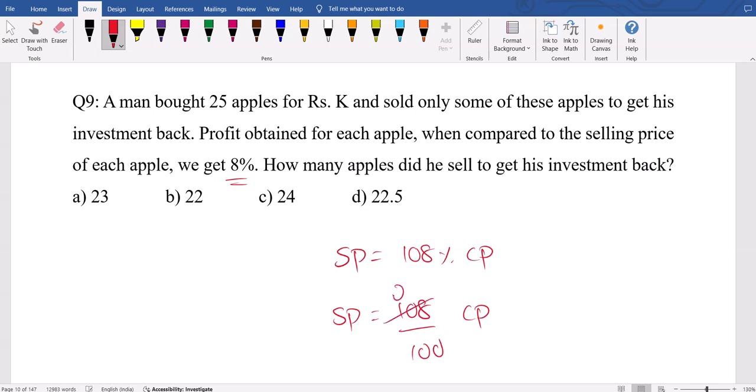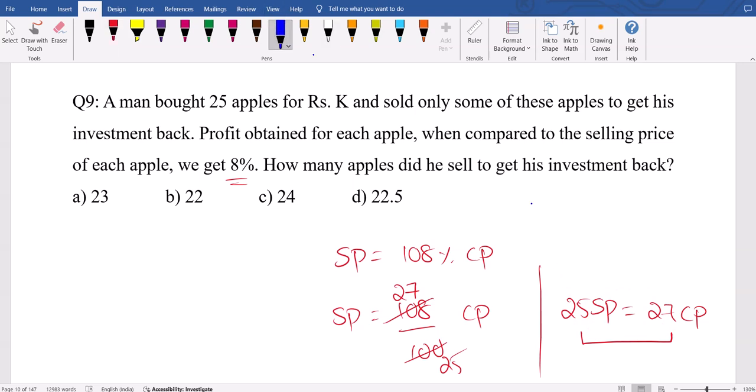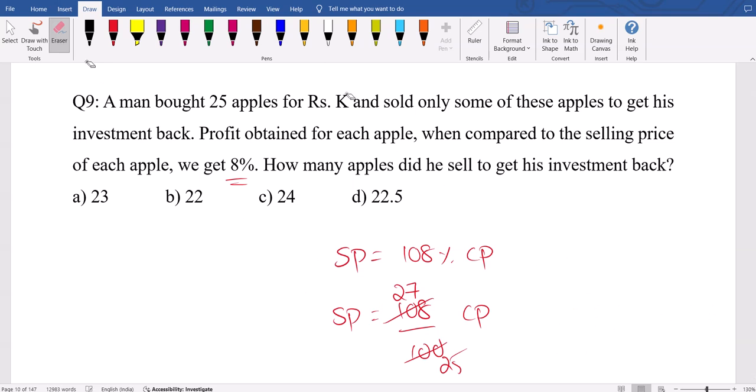This is 27 times, 25 times. See, if you sell 25 apples, you have to purchase 27 apples, then 8% profit. But here he bought 25. Problem here, see, when it is 27, this is 25, okay. But here this is 25, this should be 25. Then what I can do, okay, one better way you can map it like this. Okay, 25 apples cost price you want, no? So you modify this as